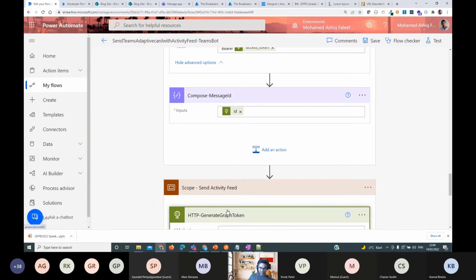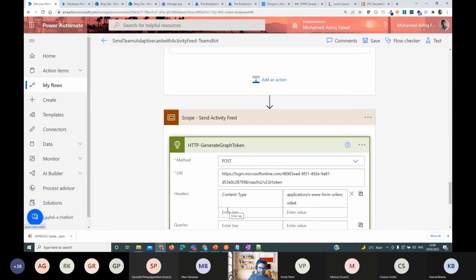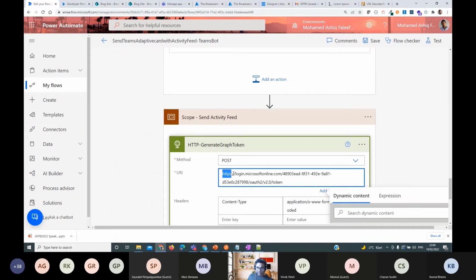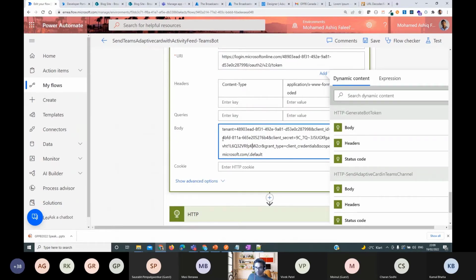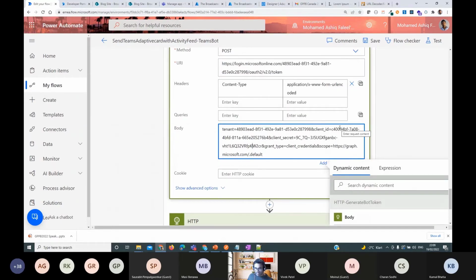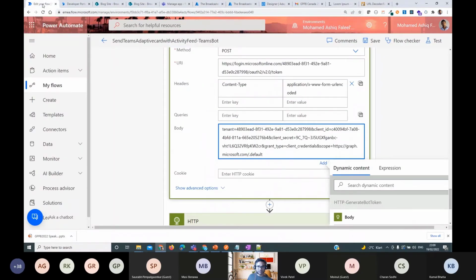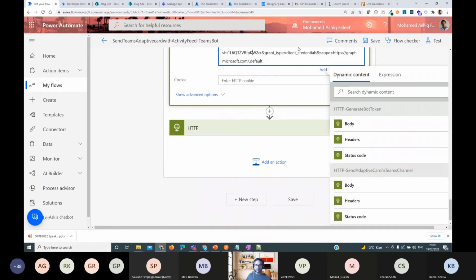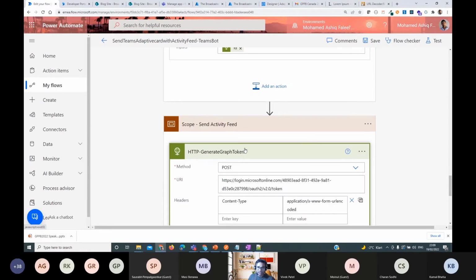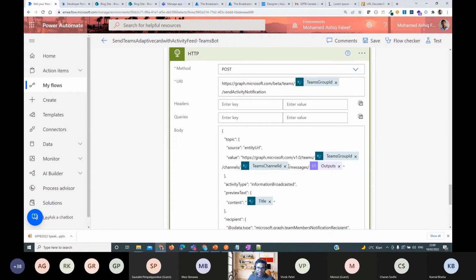To do that, the first step is to generate a token. If you want to call a Graph API endpoint, you first of all need a token, right? You'll have to make a request to this endpoint to generate the token, and in the body you should have the client ID and a client secret, right? So that is this app's client ID and client secret. I've used this data to generate the token. Once I have this token, I will call the Graph API endpoint, which I've shown in the PowerPoint,